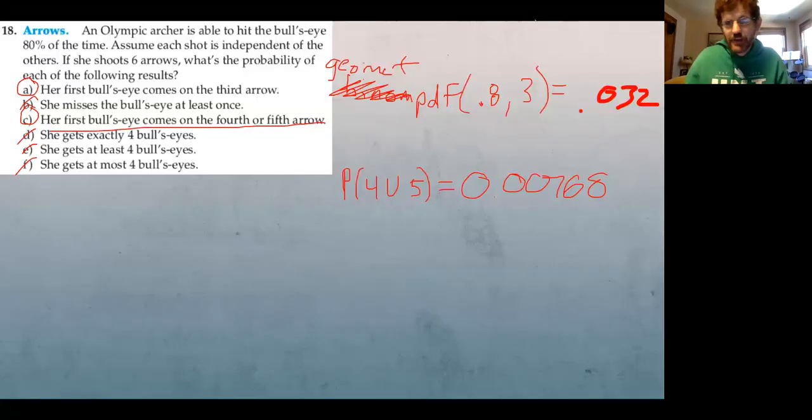Okay, that is the answer right there. And you can do this two different ways. Well, it's really kind of two ways we can approach this. You could just get the geometric